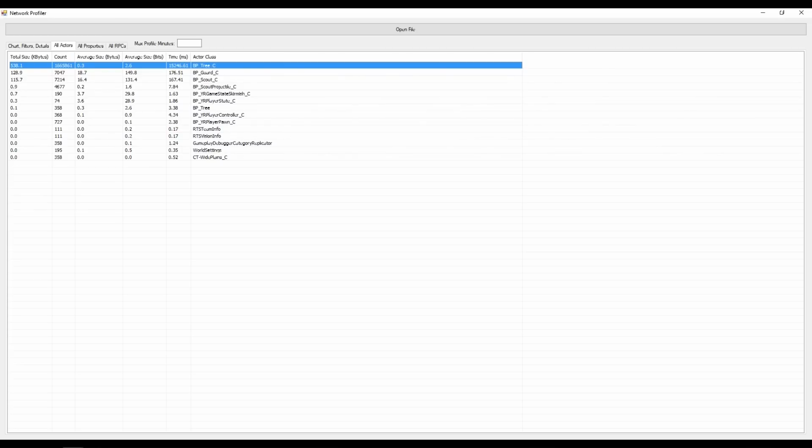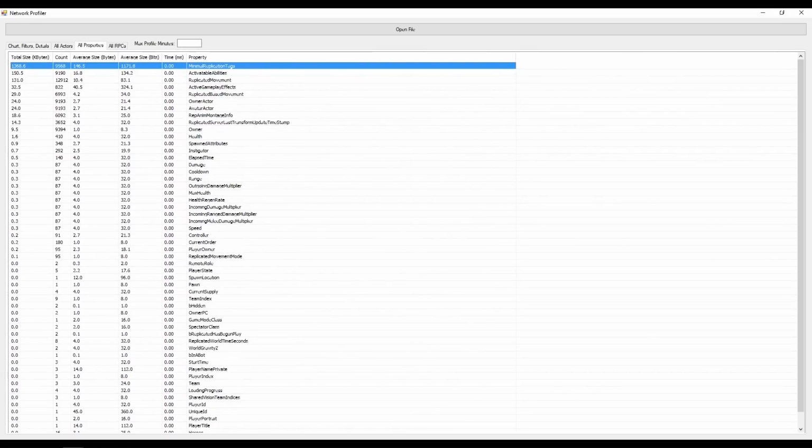Now taking a closer look at the properties, where minimal replication tags were consuming pretty much bandwidth before, it's not like they've vanished, but they're definitely not our top issue here anymore. It went down from like 1,300 to, what is this, 50 or 60. So that's good enough for the moment.